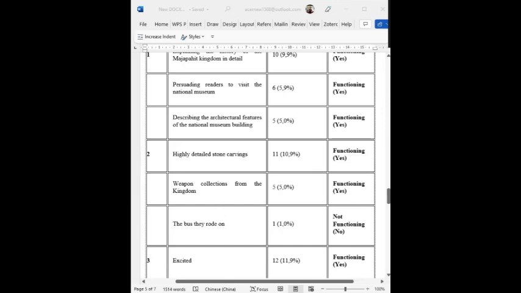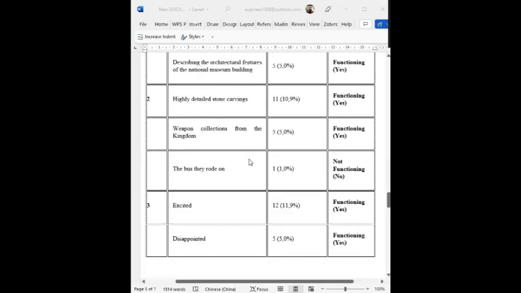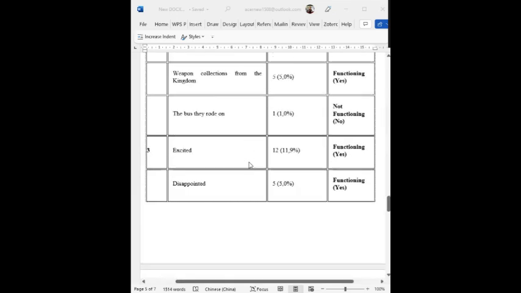Item one has all distractors functioning perfectly, and in item number three the distractor "excited" tricked nearly 12% of students because it is the antonym of "exhausted".